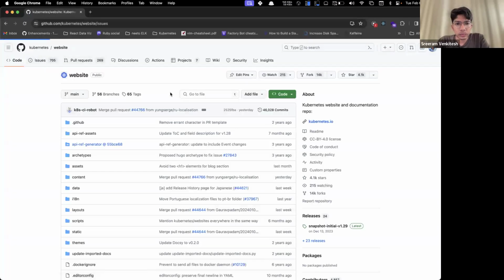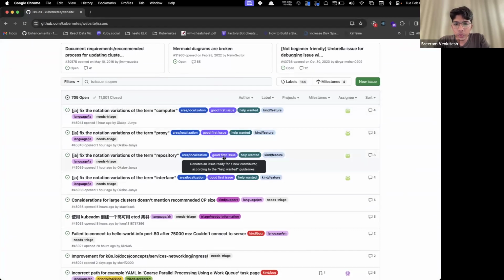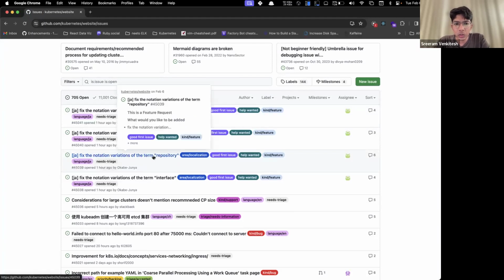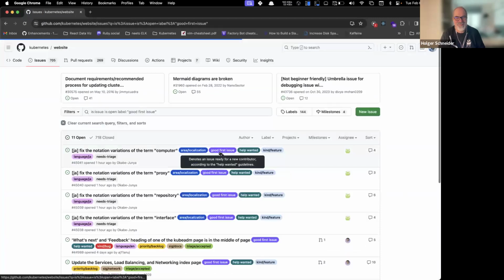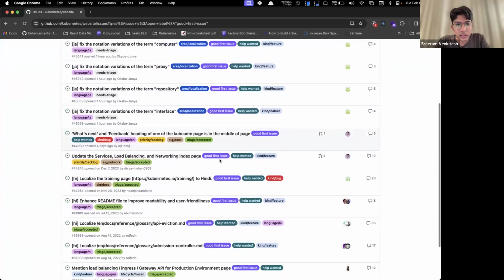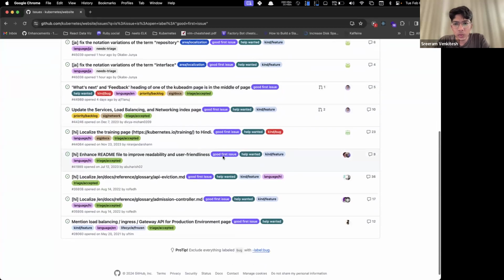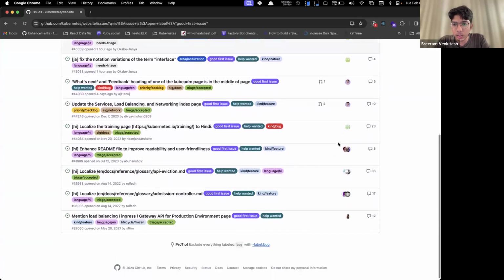So I can see that there are a couple of good first issues, but these are mostly under the Japanese localization, so that might not be the good first issue for everyone. Let me try searching for that label, and I can see that there are a bunch of issues. Most of these, in fact all of these, are assigned to someone already.